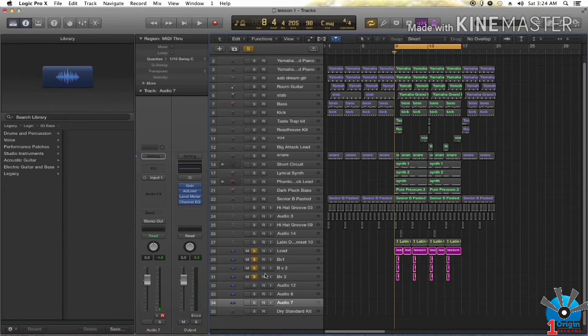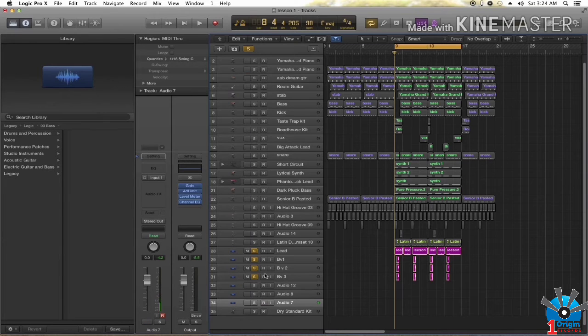So the other thing that we have to consider is what the groove should be. If it's a dancehall track or an Afrobeat song, like this particular one, we went for an Afrobeat feel. What should the groove be like? The groove is basically a combination of so many things. A groove is the feel. What feel does this song give you? Does it make you shake your head? Does it make you stomp your feet? That's what the groove does to a person who's listening to a song.